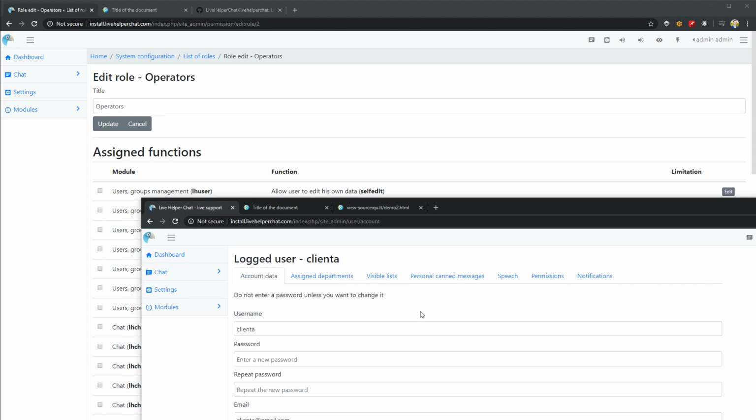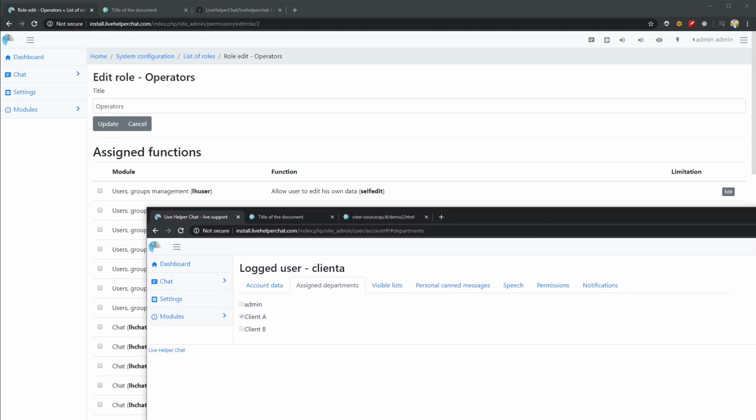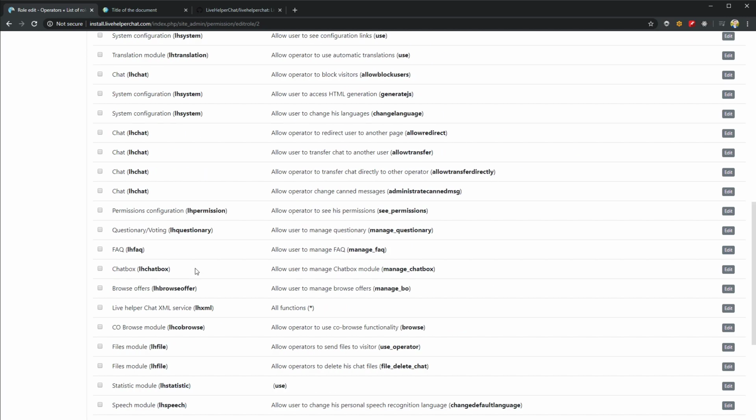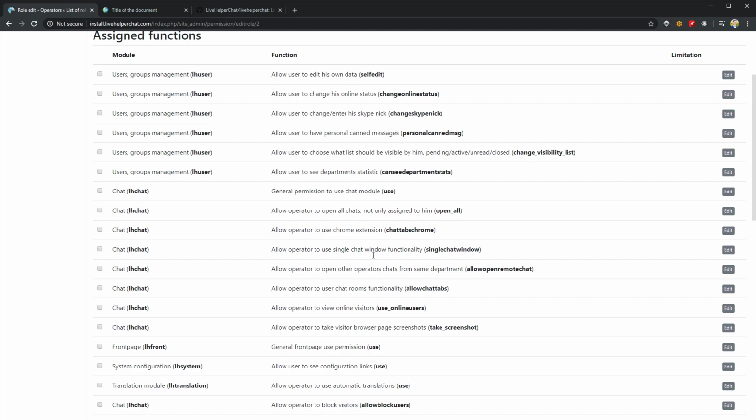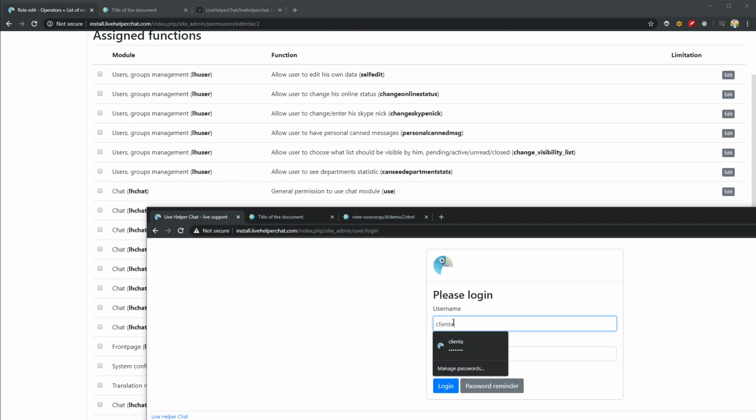Okay, next thing, let's go to account. When we go to assign a department, we can see all the clients. So basically we do not want the visitor to be allowed to see departments he's not assigned to. So we can remove this permission. Let's find out, I guess it's this one, allow assign a department to him. So let's remove this, remove selected policy, and now just relog in, client A,